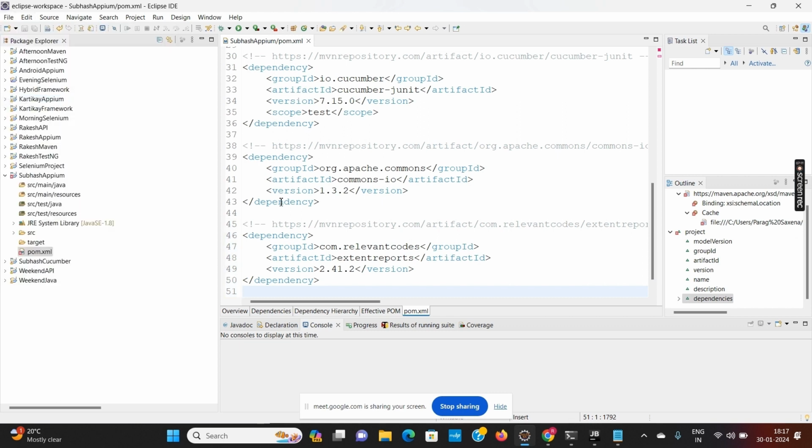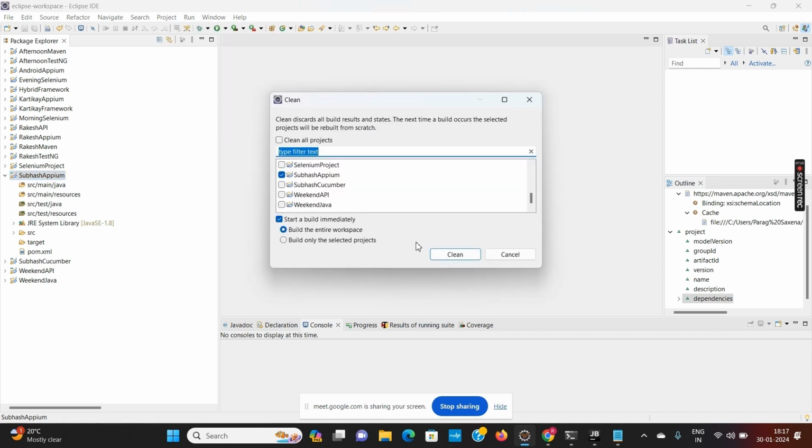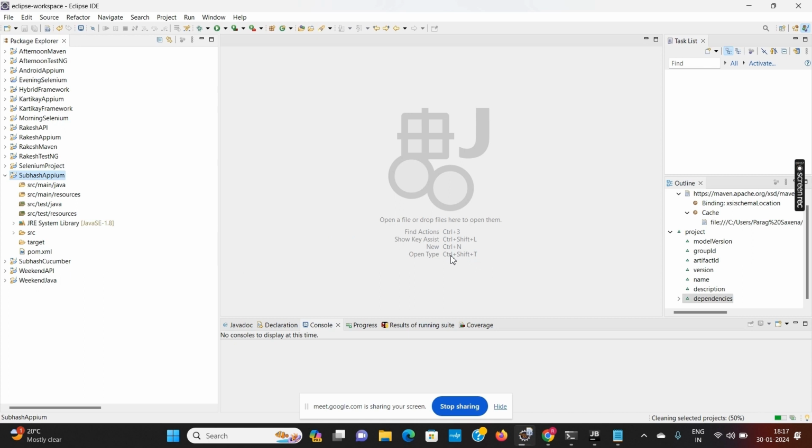So we have added all these dependencies, and then you can build this particular project by clicking on Project, Clean. So it will build this project and add all the dependencies. So everything is same except that we have added the Appium library also.